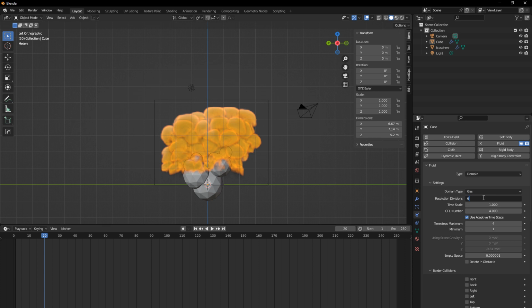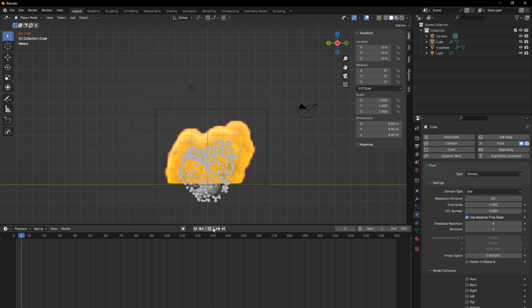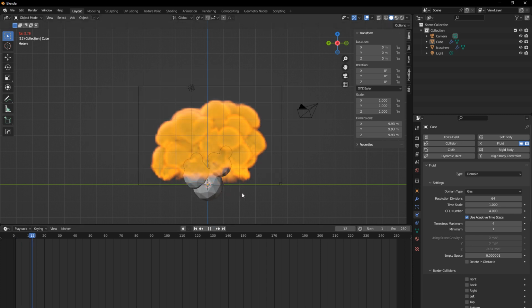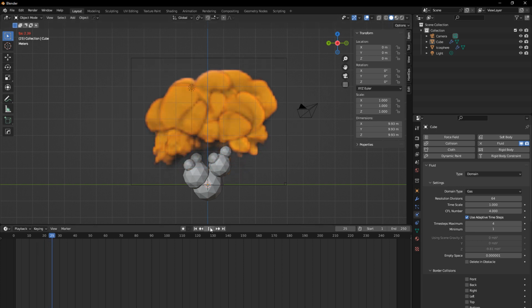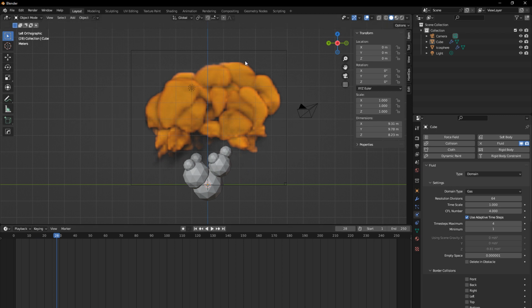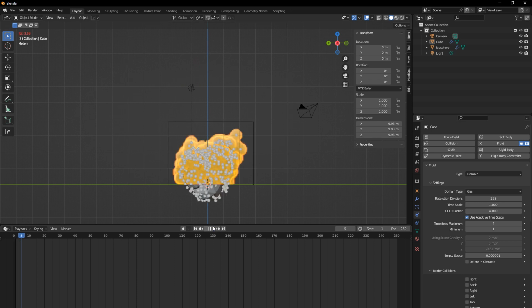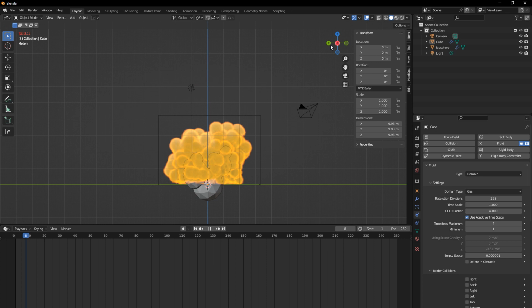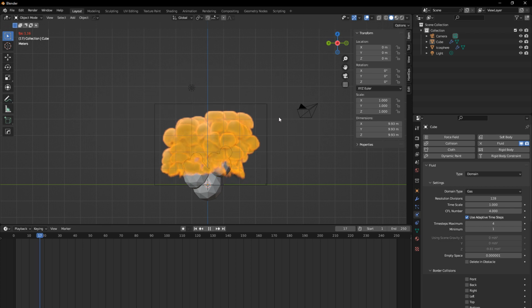But if we reset this to 64, it gets a bit bigger, I guess. You see, at frame 28, it's almost like here. But if it's 128 and we start the simulation, I think this is smaller now,